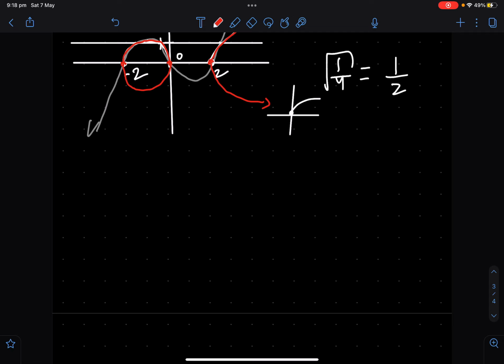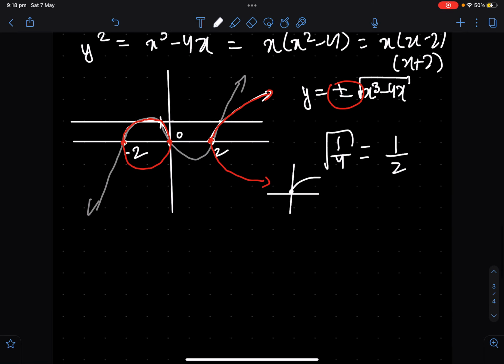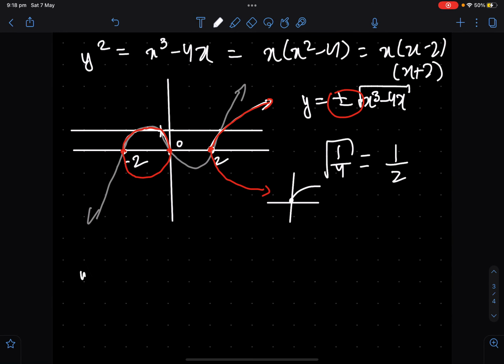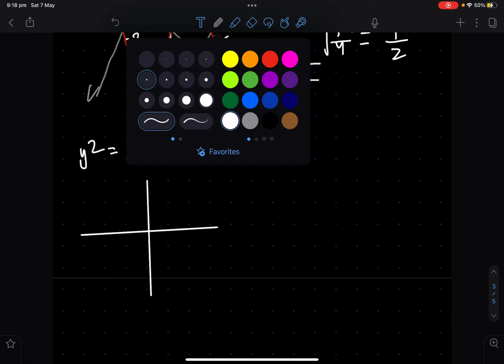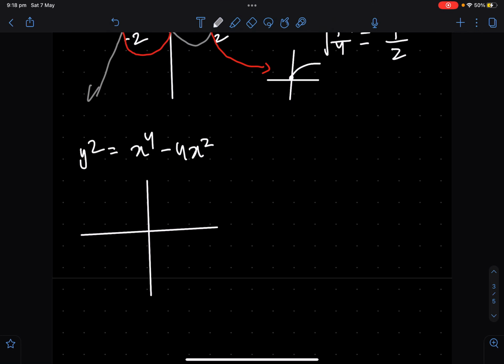Now our next question is very similar to the one that we just did, which is y squared equals x to the power of 5 minus x to the power of 2. This should actually be 4. So you will continue, draw this graph, and we will use a darker color. So we should start off by